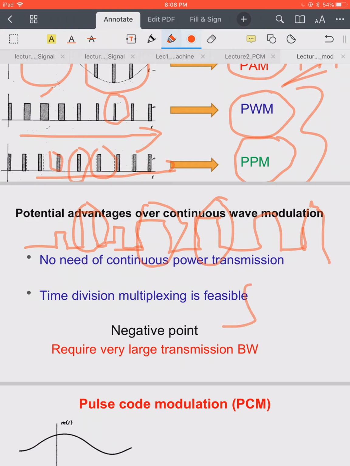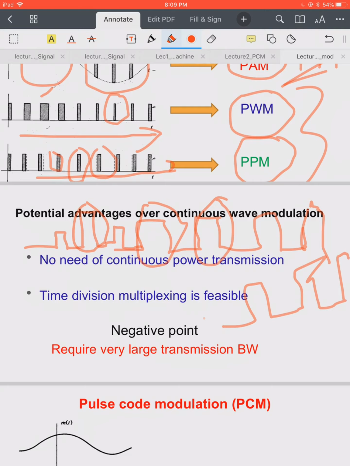Because you can see there is a lot of space between each pulse, right? So we can transmit several pulse modulated signals on the same channel by interweaving them, and that is called time division multiplexing, and that is one advantage. We are going to discuss this time division multiplexing in the subsequent lectures in much more detail. So it is worth noting that time division multiplexing is possible using the pulse